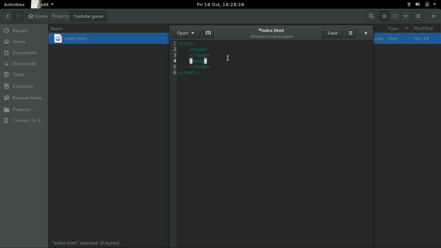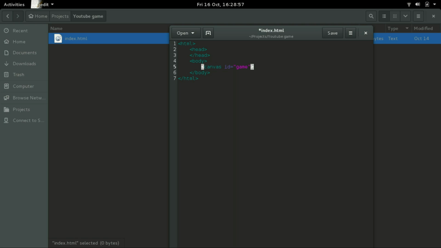In order to create a game, you're going to draw it on an element called canvas. And I'm going to give that an ID. This is how you specify parameters, they are called. And within this ID I'll type a name,